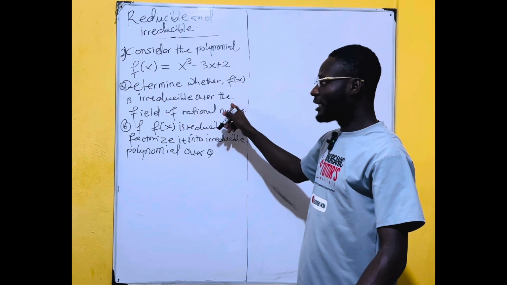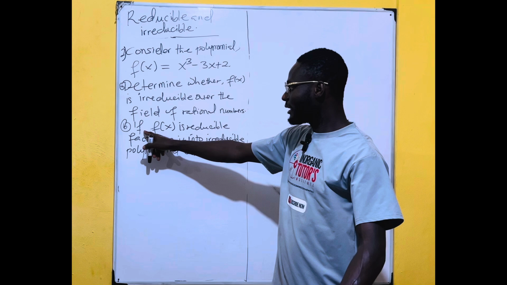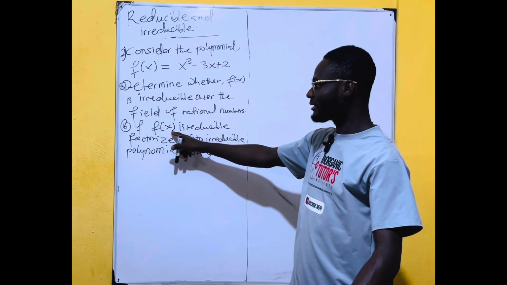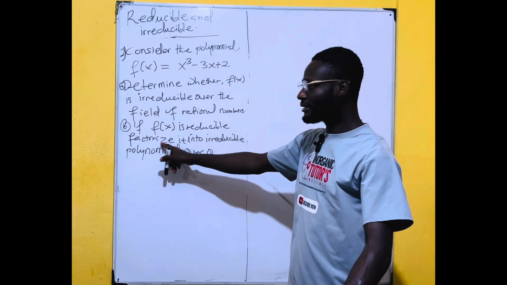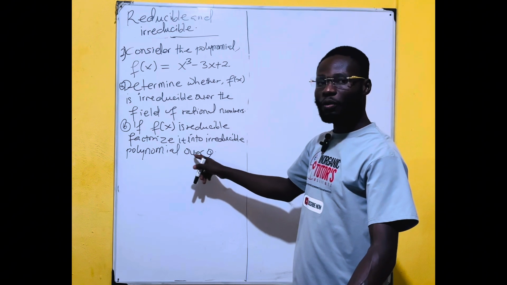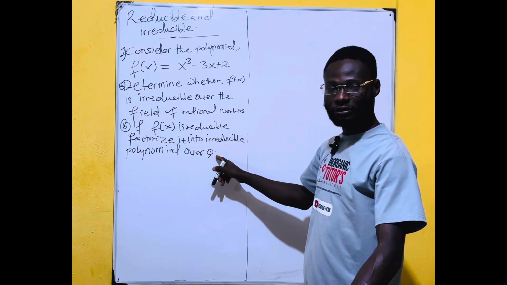Now, once we are done with this, B says that if f of x is reducible, then we should factorize it into irreducible polynomials over Q. You are aware that Q is